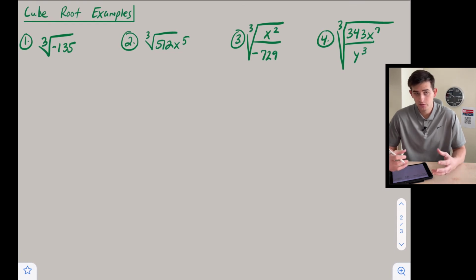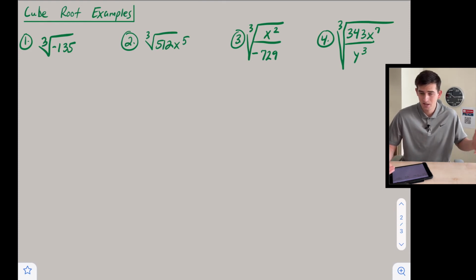So for cube root, we want to think about not perfect square factors, but perfect cube factors. So our perfect cubes, we've got 1, we got 2 cubed is 8, 3 cubed is 27, 4 cubed is 64, 125, so on and so forth. So our first one we're going to do is the cube root of negative 135, and it's okay for us to have a negative radicand because we have 3 factors here, right? Cube root would be what number multiplied by itself 3 times gives me this negative 135,